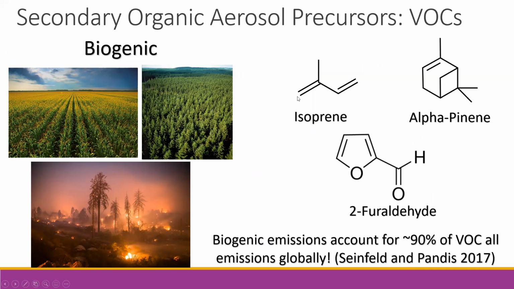But a critical component is coming from plant and tree respiration. When these plants undergo things like photosynthesis, they can release compounds like VOCs, while they also release oxygen. They can release compounds like isoprene and alpha-pinene. And they can also release these VOCs in response to perturbations such as invasive insects or climate change.